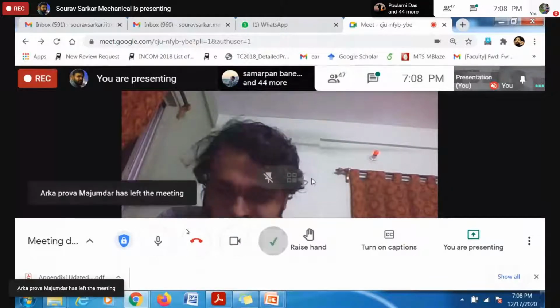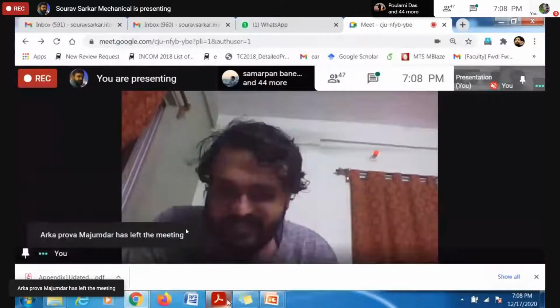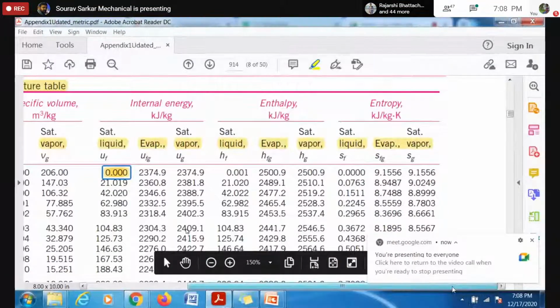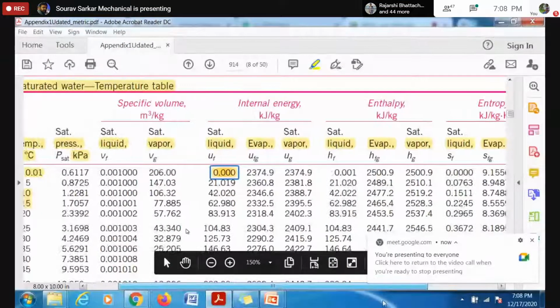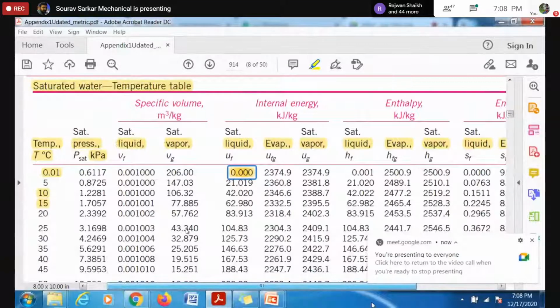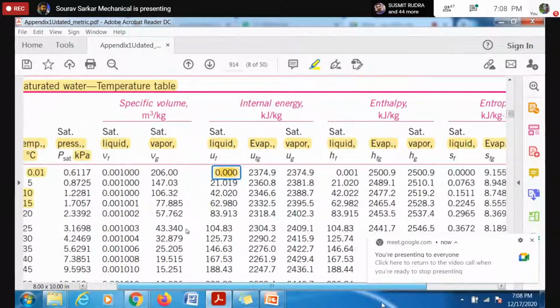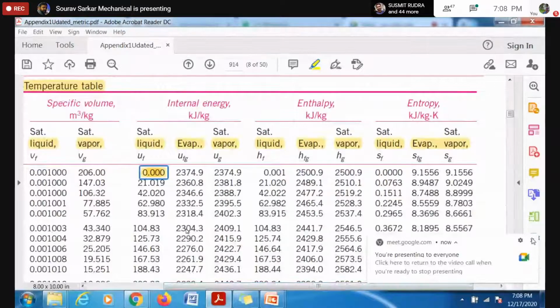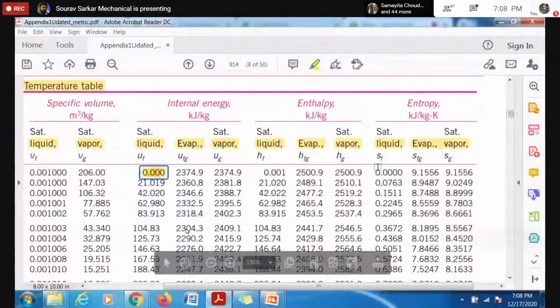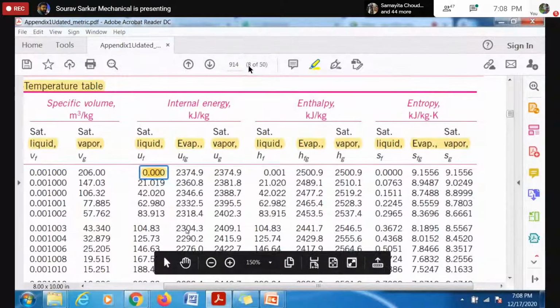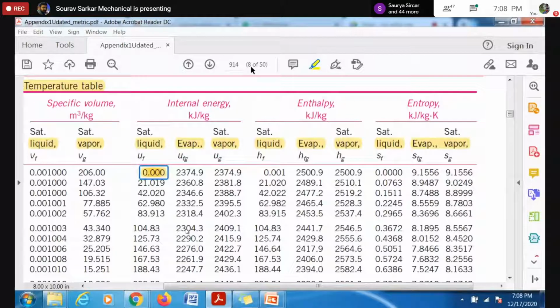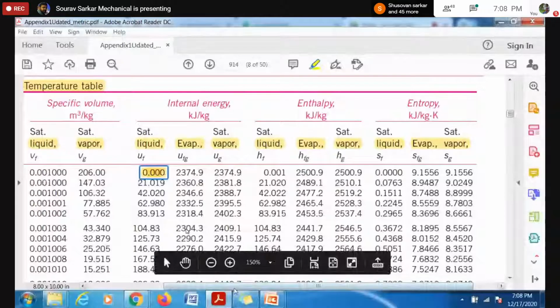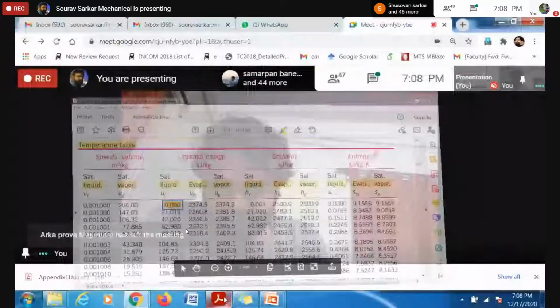Okay, so basically we understood the meaning of each and every column. Everyone understood the meaning of each and every column? You can open the page number 850, so you can simply open page number 850 and just check the table. Okay, so now the question is why we need this table. The representation.